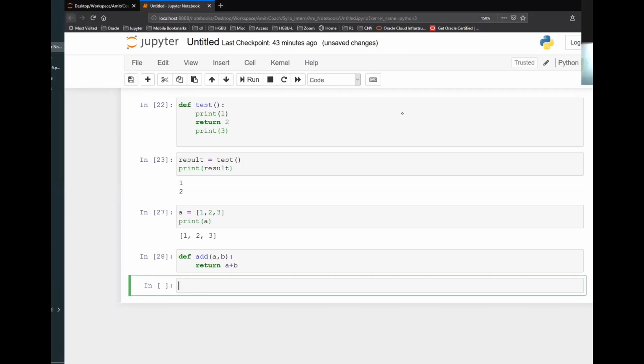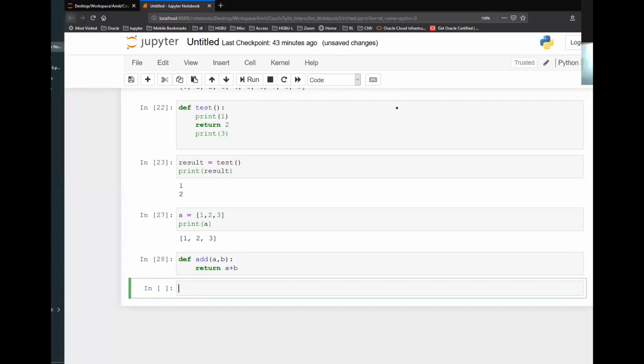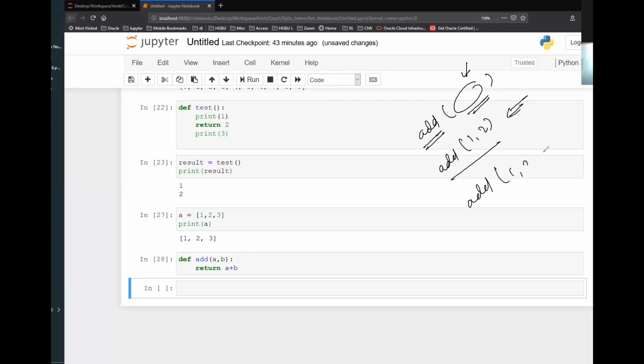the idea should be like, when I'm creating this add function, it will take parameters, and it should add all the values given in the parameter list, or when you are calling this function, whatever parameters you pass, it will add. So let's say I say add 1, 2 for now. It will add 1 and 2 and give me the result. If I say add 1 comma 2 comma 3, it will add this and give me the result. This is how my expectation should be.